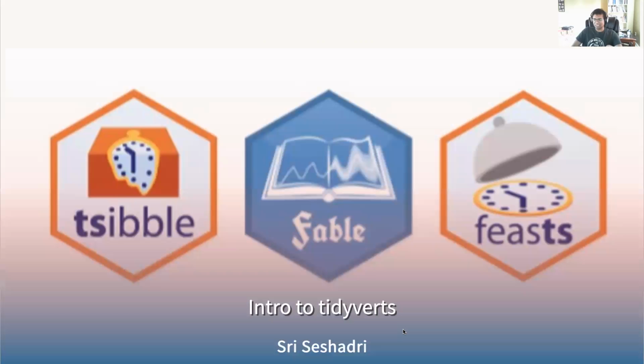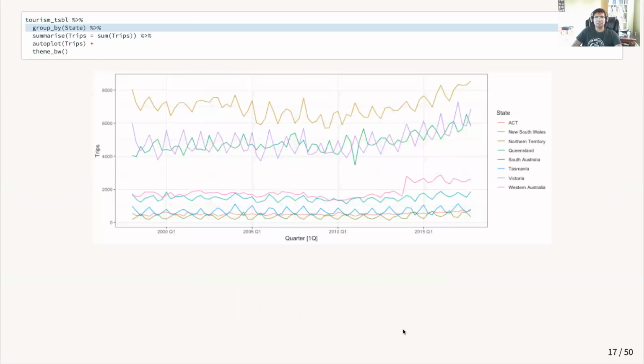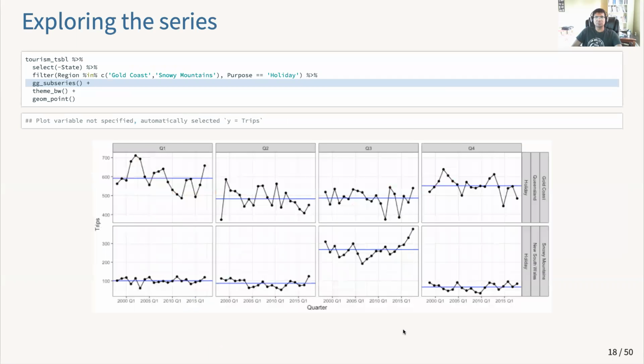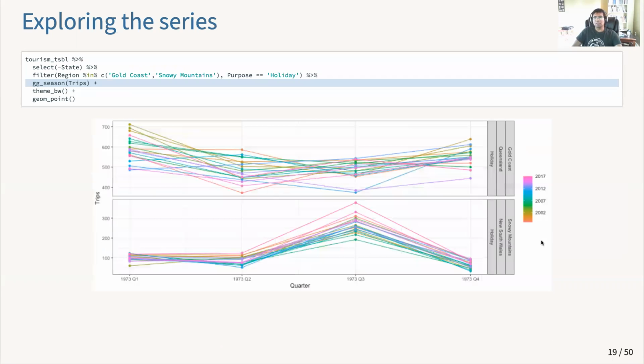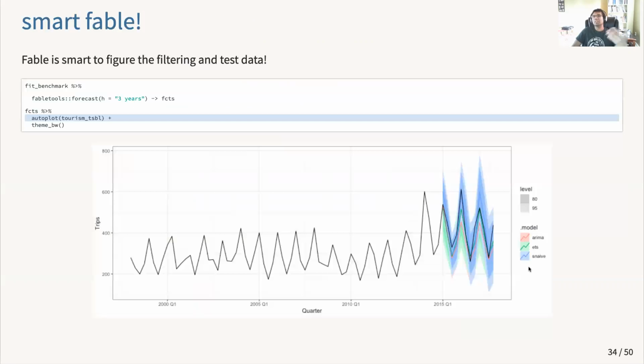And just like how you have the different models being named Arima, ETS, and Seasonal Naive, you have the composite model, whatever you name it, that'll show up. You can affect the legend as well. So those things can be done.